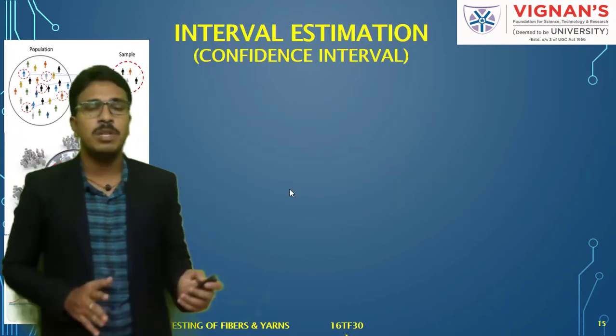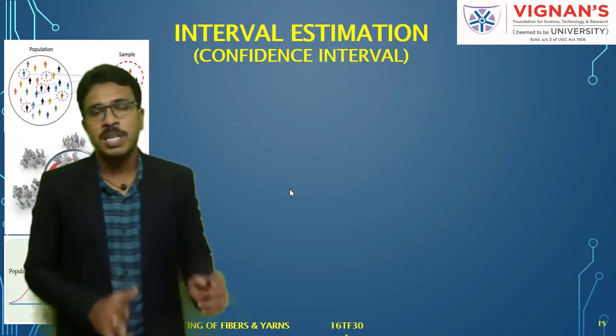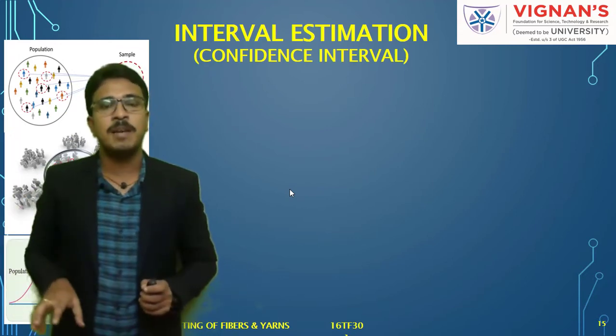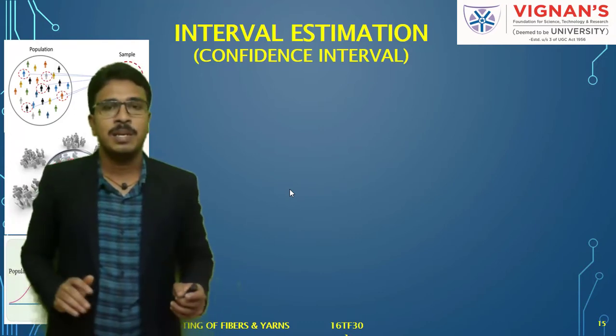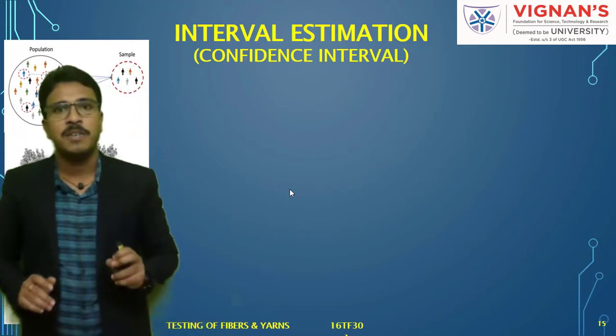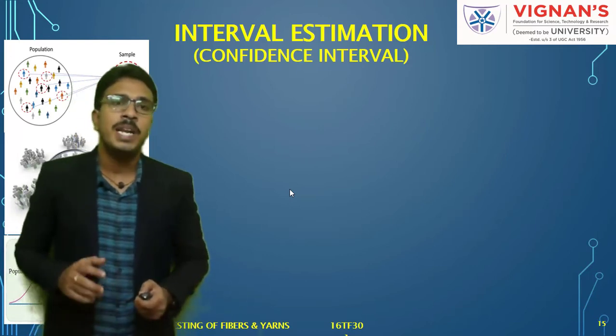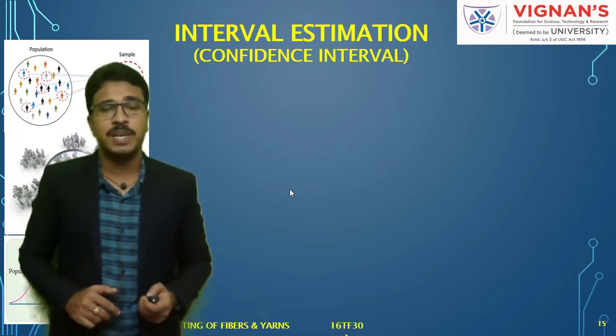Okay, so this is about point estimation. In point estimation, we are just estimating the population parameters as a single value, either the mean or the variance. Only a single value will be there. Now, when it comes to interval estimation,